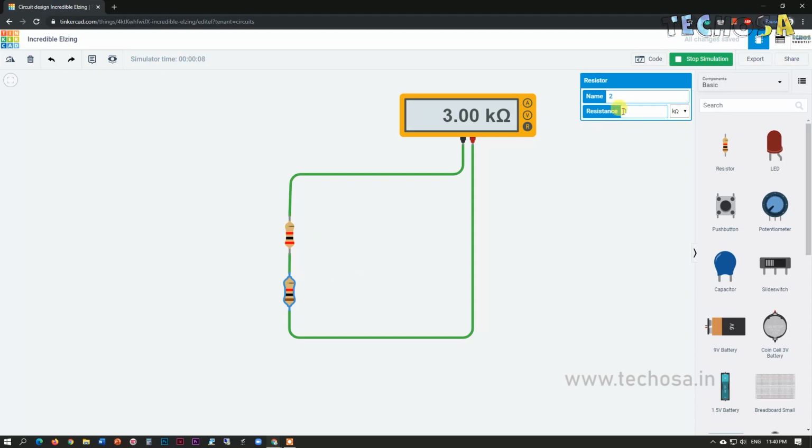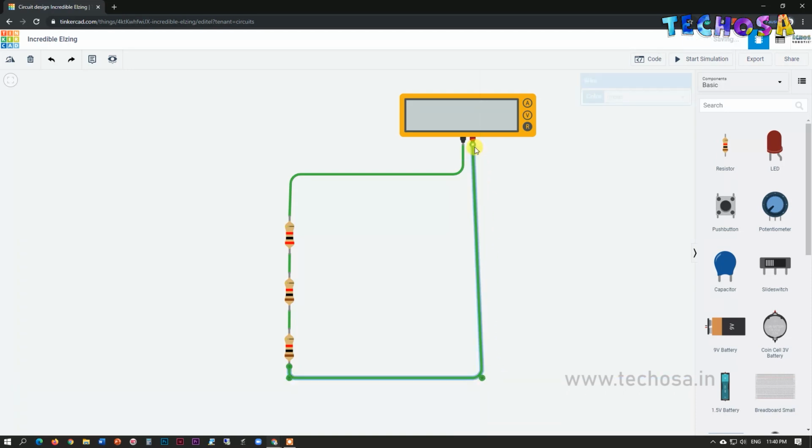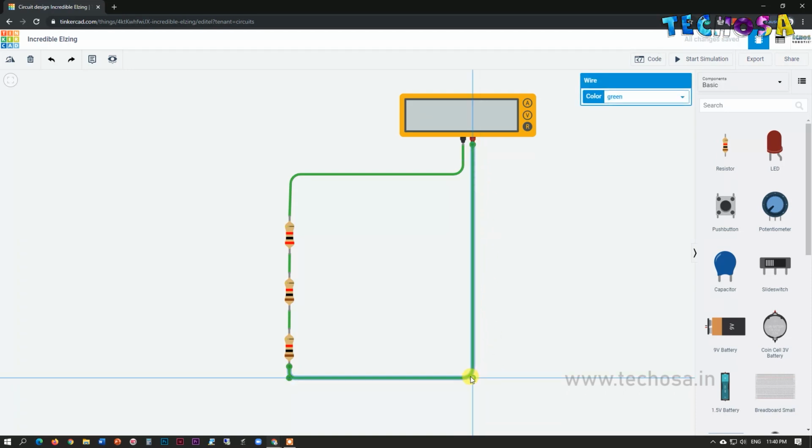So you can see that our first resistor is having a resistance value of 2 kilo ohm and the second resistor is having a resistance value of 1 kilo ohm, and in total we got 3 kilo ohm as the total resistance. So let us check what happens if we add one more resistor. Select one more resistor and connect it in series.